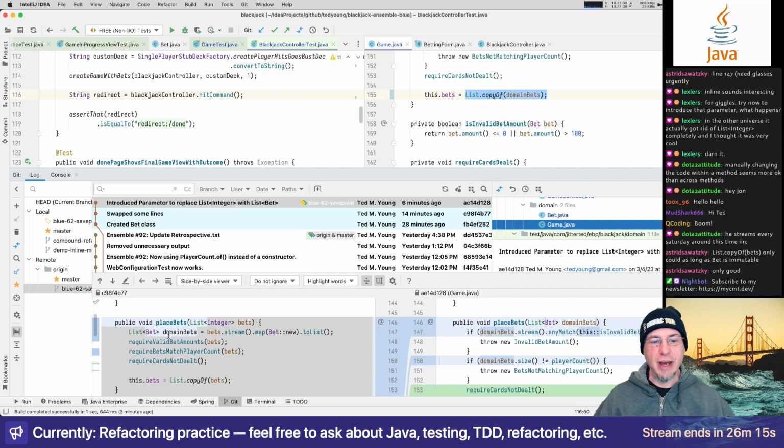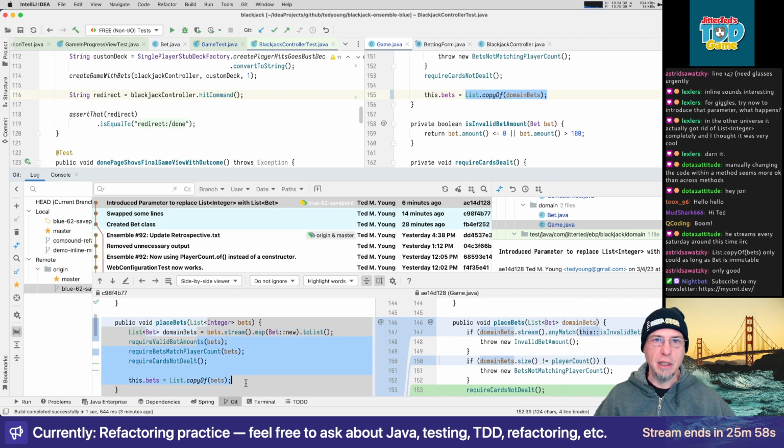took domain bets, define. So here is where we had to do the manual work to define the conversion. What have we got? We've got list of integer. What do we actually want the parameter to be? We want it to be a list of bet. And so creating this and then changing the code that uses it to use domain bets, then introduce parameter. So manual work to change this, but we inlined it, so it was a little easier. And then introduce parameter. That got us to the point where we then